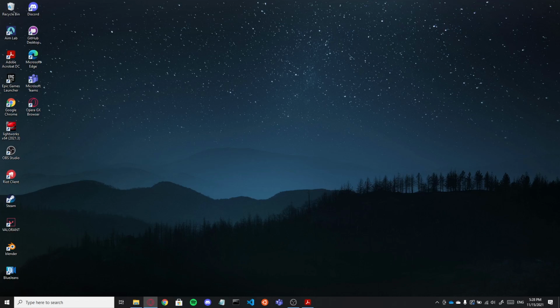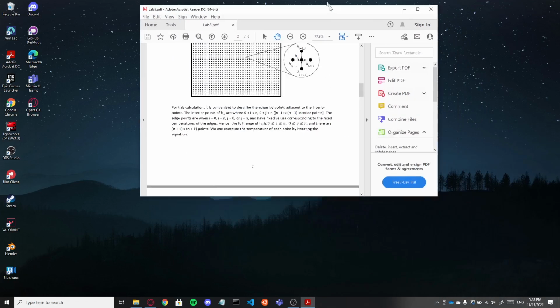Hurley. And Lab 5 is about calculating the steady state heat conduction in a thin plate. Basically, we'll be solving Laplace's equation using the finite difference method. And if you wanted to see what it looks like,